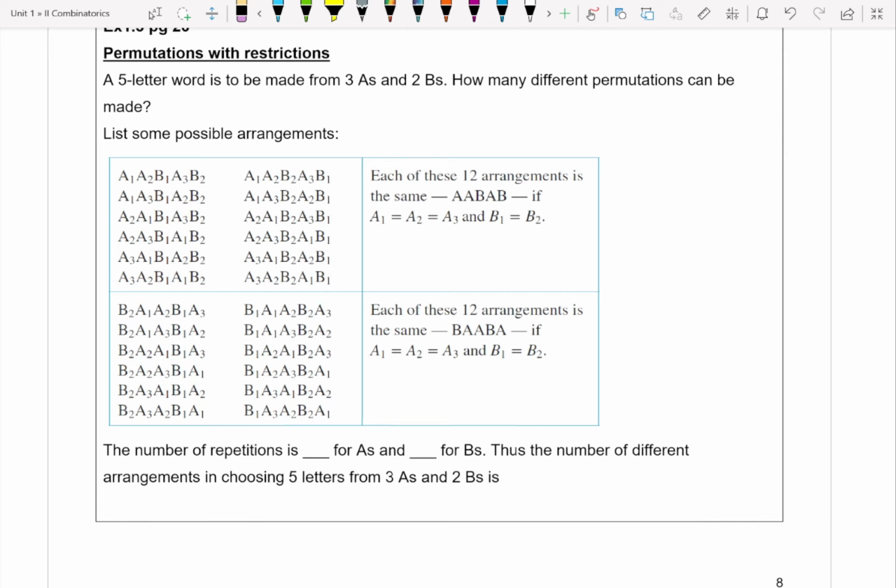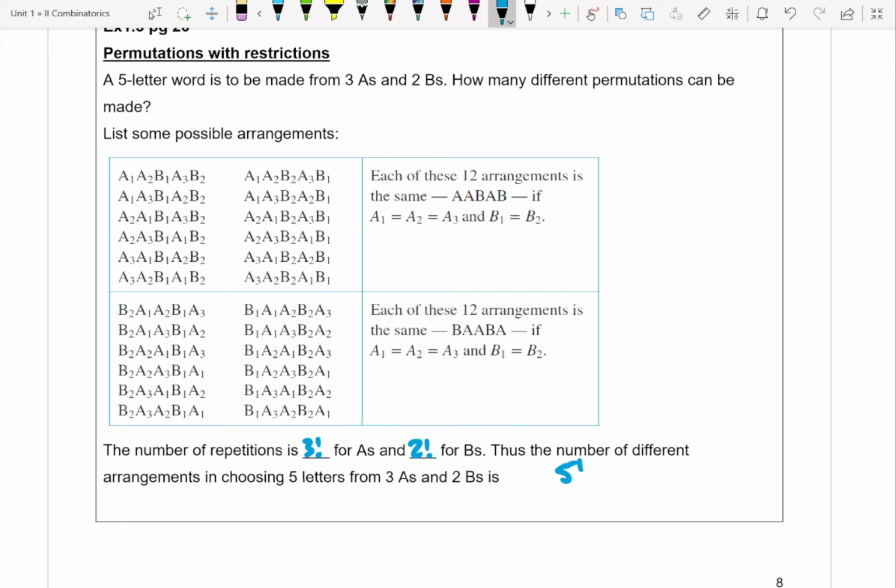But if we were to read all of these words out just using the English language, I know it's not a real word, but ABAB, we notice that A1, A2, A3, regardless of where they're positioned, all read the same. So all of these 12 arrangements actually just boil down to one instance: A, then B, then A, then B. So the number of repetitions is going to be 3 factorial for A's and 2 factorial for B's. Thus, the number of different arrangements in choosing 5 letters from 3 A's and 2 B's is going to be